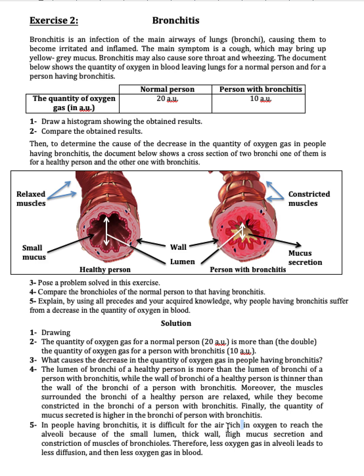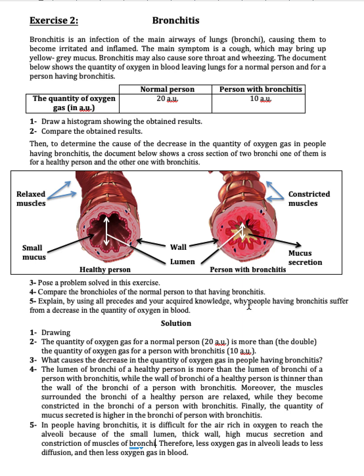It's difficult for the air rich in oxygen to reach the alveoli because of the presence of the small lumen, thick wall, high mucus secretion, and constriction of muscles of bronchi. So all these factors make it difficult for the air to reach the alveoli. So the air can't reach the alveoli easily. So in this case, less oxygen is diffused from the alveoli into blood, and we have less quantity of oxygen